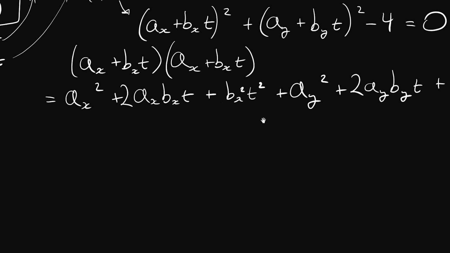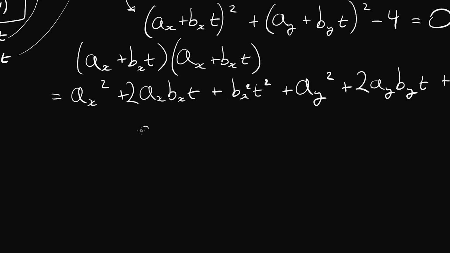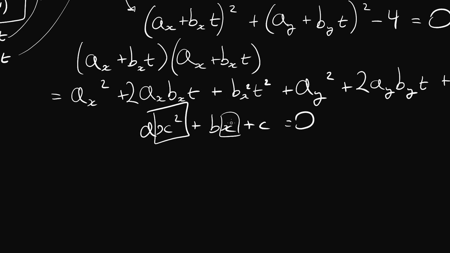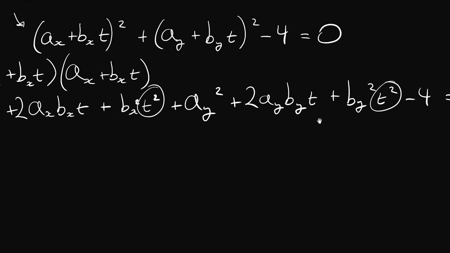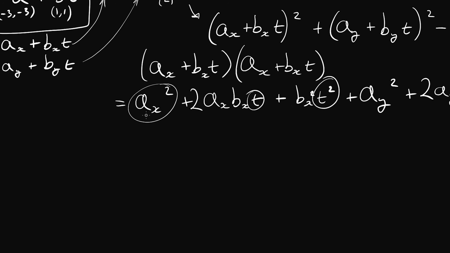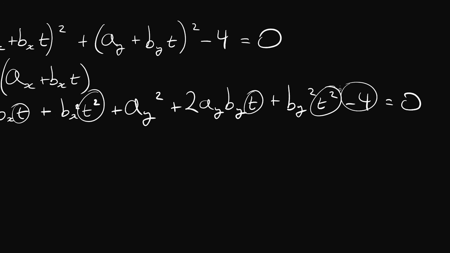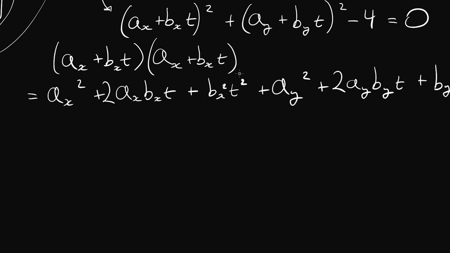So the cool thing about this is that we notice that this can be rearranged to be a quadratic equation. A quadratic equation, if you remember, is like ax squared plus bx plus c equals 0. So the point here is that we have an x squared, we have an x that is not squared, and we can optionally have some kind of constant value. And that is exactly what we're seeing over here, but with t, right? We have t squared in 2 places. We have t by itself in 2 places. And then we have just some other terms like ax squared and minus 4 that are just like our constant term. So let's go ahead and rearrange this so that we express it in terms of t.